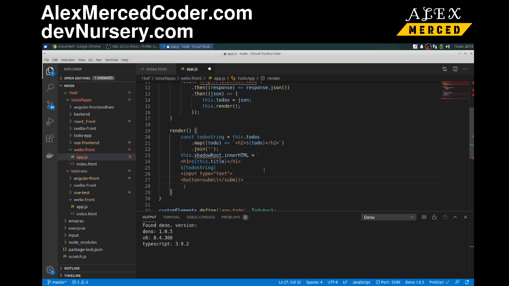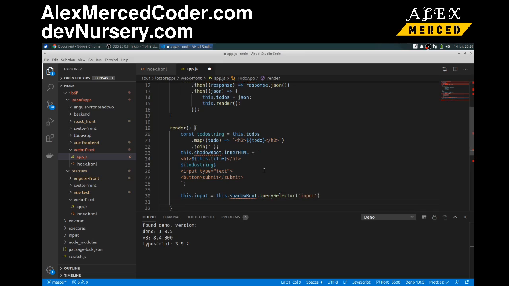Okay. So in that case, since it's simple, here's what I'm going to do. I'm going to assign these two elements to a variable that I can then use later on. So this dot input is going to equal this dot shadow root dot query selector. So this works just like normal DOM manipulation in JavaScript. And I just want to select the input tag. So this just grabs the input tag,